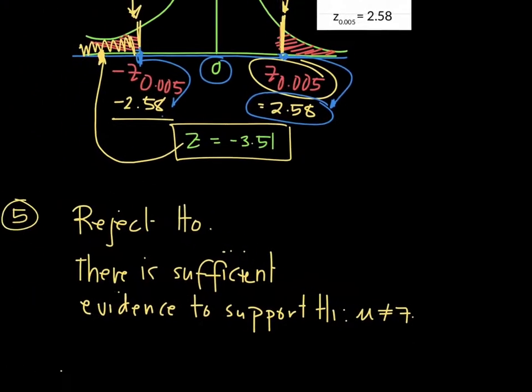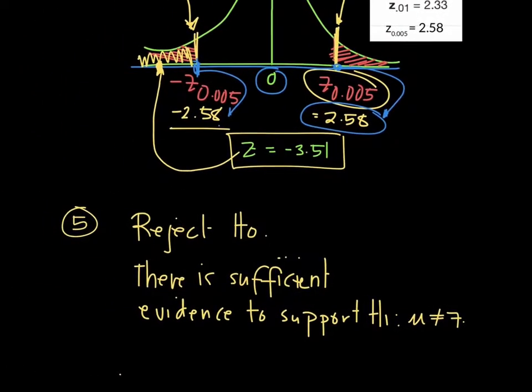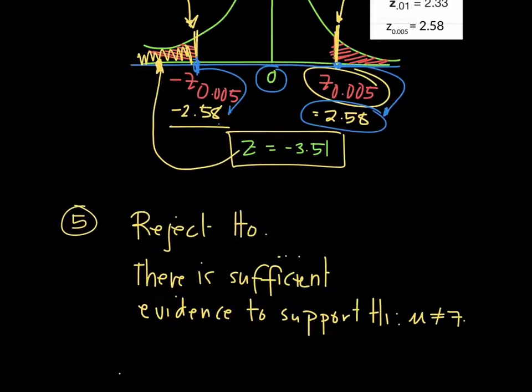So as you can see, this is an example in which we have rejected a status quo. The average sleeping hours is no longer 7, because it is currently believed that the average length of sleep is equal to 7, and since we have conducted a study now based on 1% significance level, we can now reject the H0, and there is sufficient evidence to support the alternative hypothesis H1, which is mu is not equal to 7. In other words,